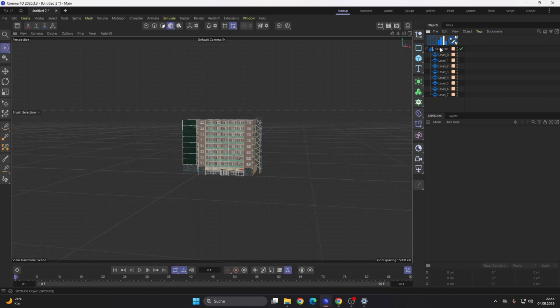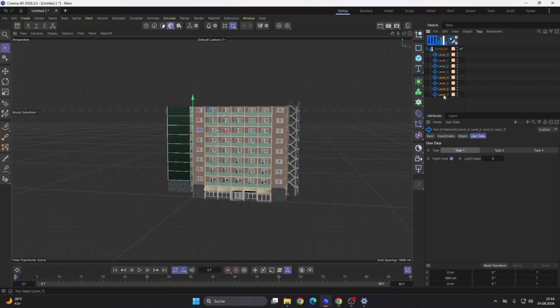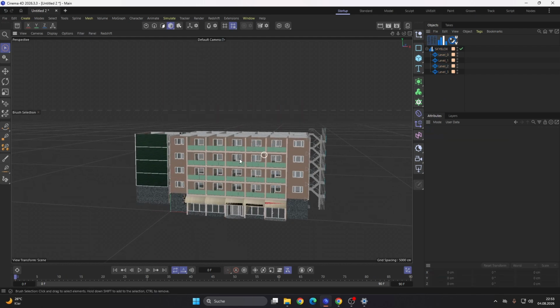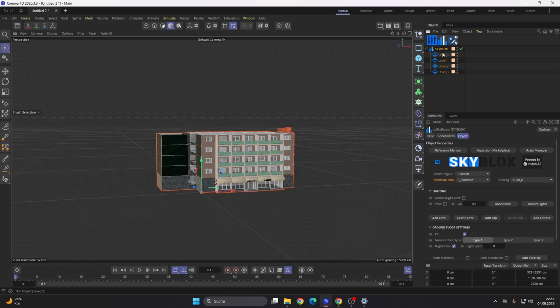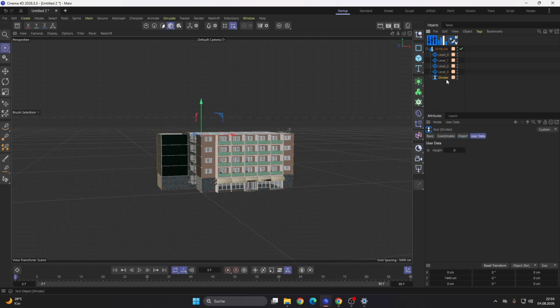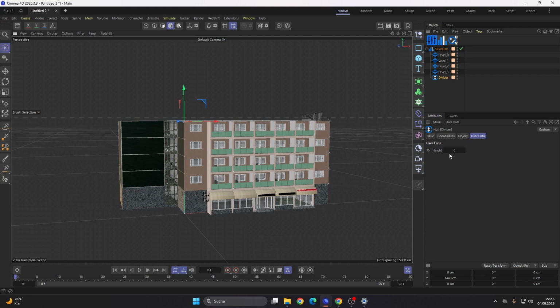And another feature is that you can also bring in your custom geometry, for instance. There are the dividers here. You can add a divider here. The divider is just an empty object. Here you can determine the height of the object. Maybe you say, okay, the geometry I want to insert here is 400 centimeters in height.